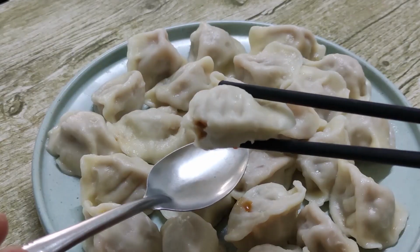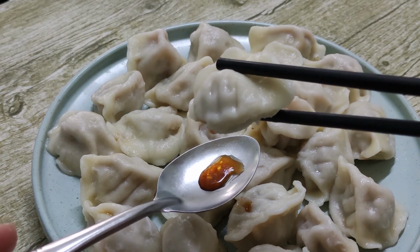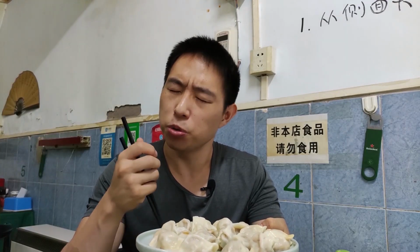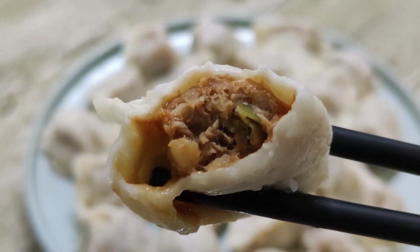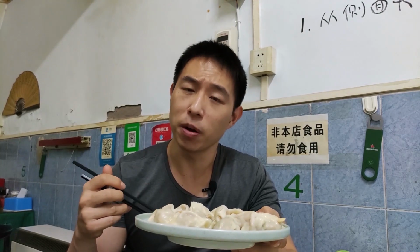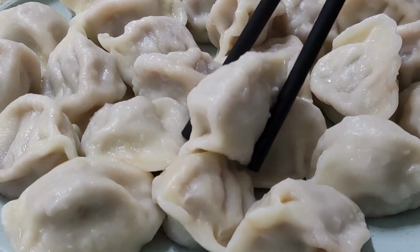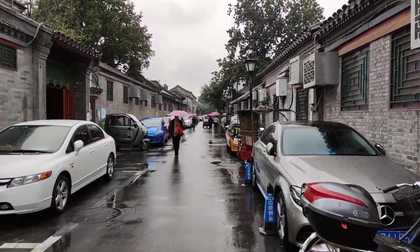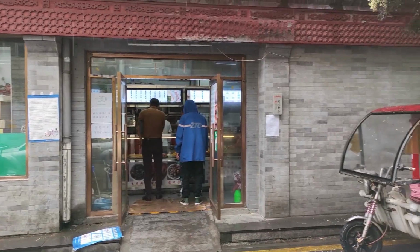When you bite into it, it's not as juicy as the Mending Robin, but it's still really moist and flavorful. And that beef flavor, really nice. Savory, but not overly salty. You can still taste that scallion texture in there. Phenomenal. Really nice, really nice. Guys, right up front, inside this little hutong, I heard there's one of the best ShaoBing